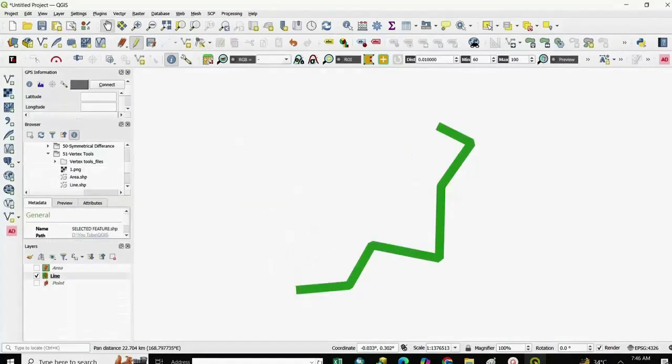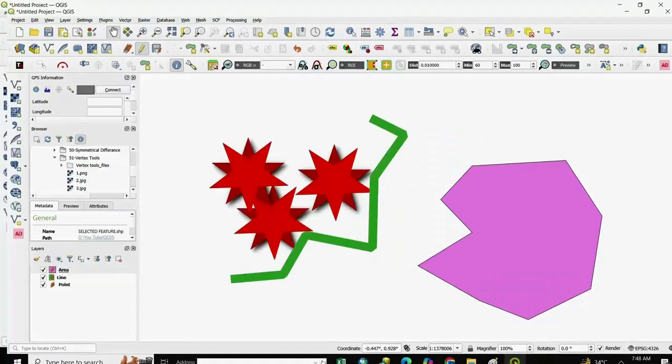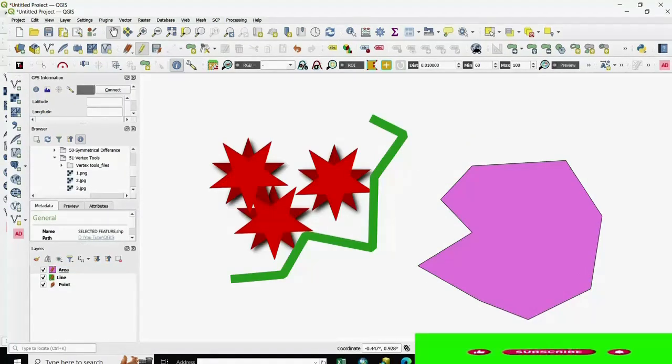And vertex used in a single layer, vertex used in multiple layers, and moving a vertex from one place to another place. So it is very important if you want to edit your polygon, line and point. So please listen carefully to this video to the end.